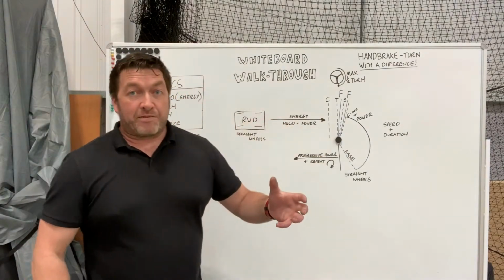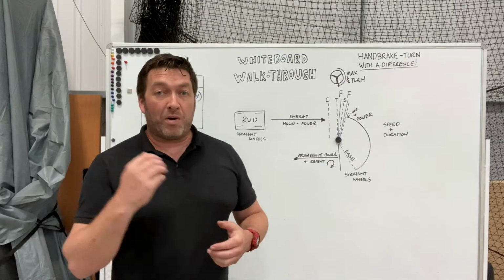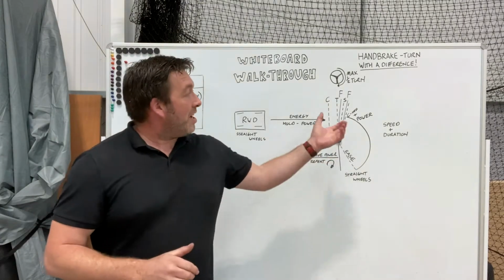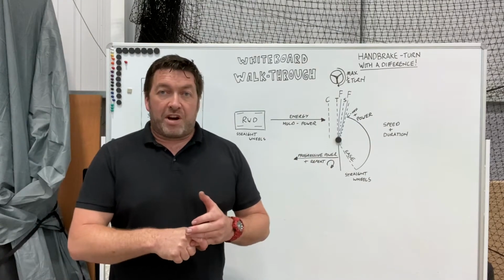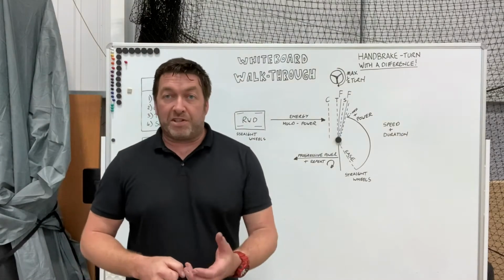Okay, so to run through it again very quickly, fairly straightforward. Remember, keep the car straight and stable, holding your power all the way up to the point where you want to change direction. So you get to the first C there where it's put your foot on the clutch just before the cone, and then you're going to think about turning the car in, remembering a half turn max. Okay, so you're going to turn the car in, you're going to feel the car positively turn in,